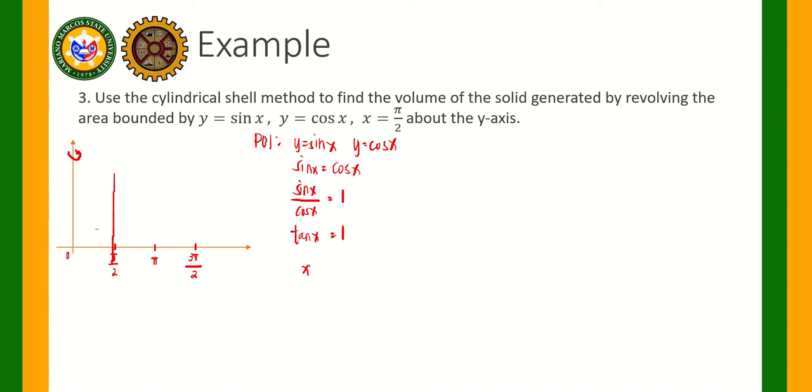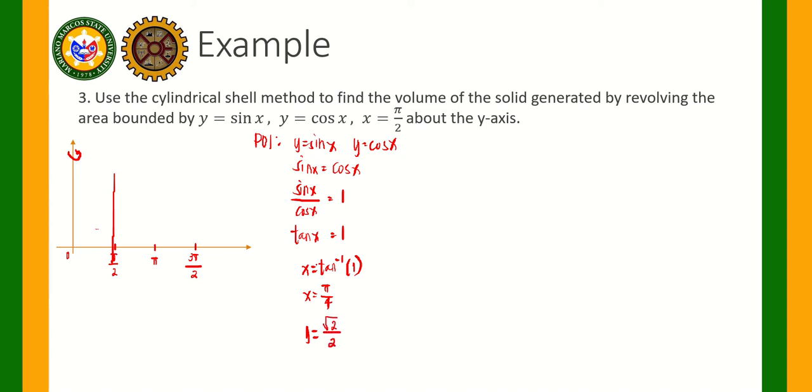Now, solving for x, that is equal to arctan of 1, and that is equal to pi over 4. Okay? So, that is equal to pi over 4. Now, if x is equal to pi over 4, what is y? That is equal to square root of 2 over 2